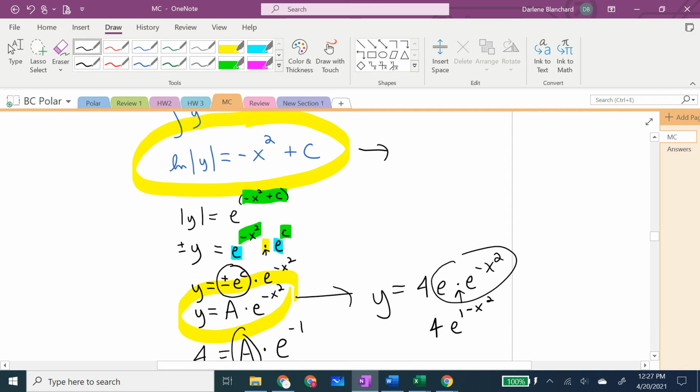You can quickly go from this being a negative x squared plus c as the answer to a natural log to y equals some unknown constant, not that one, but some unknown constant times e to the power of this